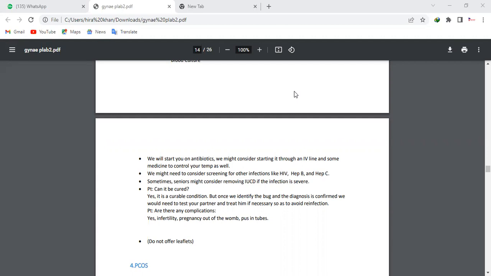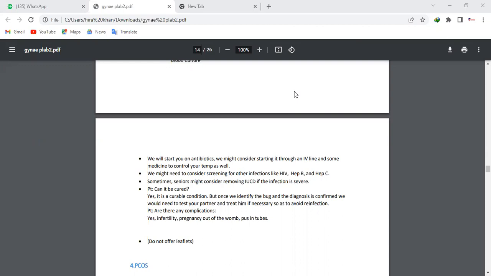How does it sound? Okay, and then explain again: whenever the patient is having some kind of STI, we have to offer the patient screening for other infections. HIV, Hep B, Hep C. So in a very low tone, do ask, well, as you are having an STI, we will suggest you get screened for other infections as well, like hepatitis B, C, and HIV, but with your consent. What do you think about that? Your tone must be very empathic when you are asking for this.